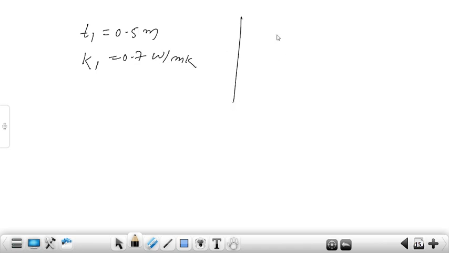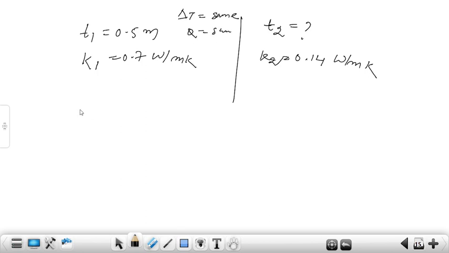Next, the second material, diatomite earth, conductivity given K2 is equal to 0.14 watt per meter Kelvin, and we have to find the thickness. And the condition given, the temperature difference is same and the heat loss is same. So from